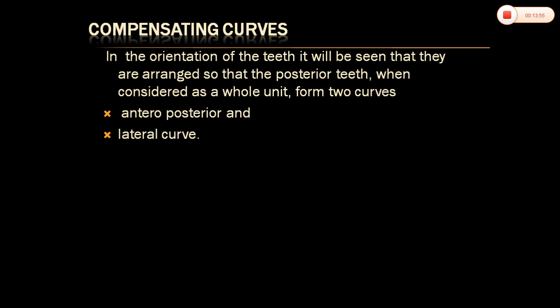First you arrange the maxillary anteriors and mandibular anteriors, then you arrange the maxillary posteriors. When arranging the maxillary posteriors, keep in mind, draw the crest of the lower mandibular ridge clearly and see that all palatal cusps of your posteriors. When you come to the molar, its mesiopalatal cusp should coincide with the crest of the lower ridge. This automatically will give your clasp plate relation. And see your clasp plate relation.